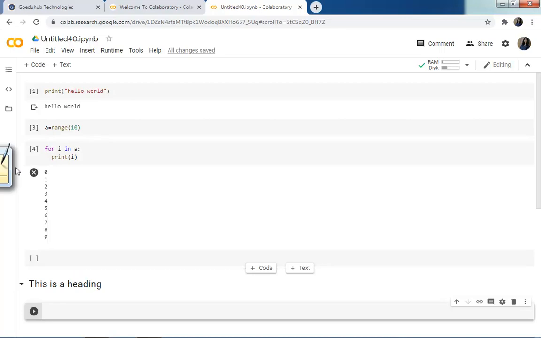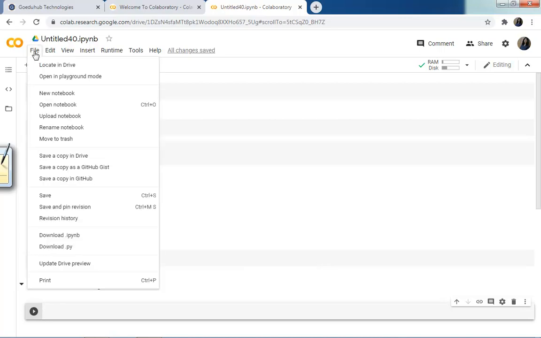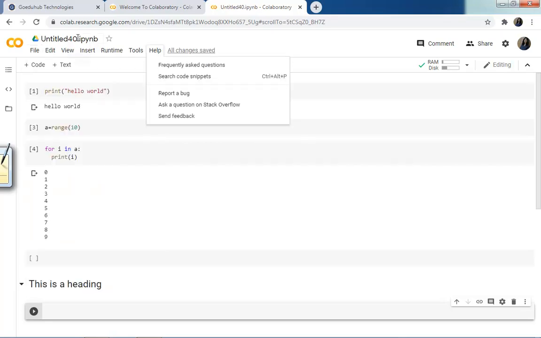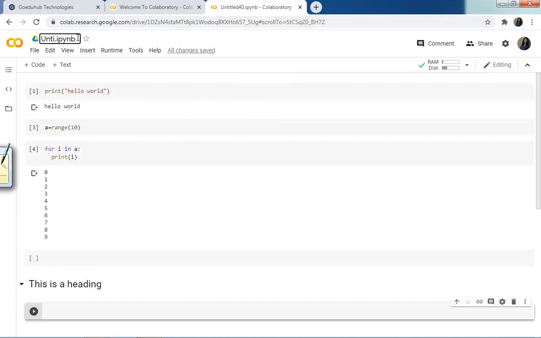And one more thing, you can download this file. If you want to download it, you can download it as IPYNB, the IPython notebook, or as a Python file, or you can save a copy in Drive. By default, it will save in your Drive. These files will be saved in your Drive, and you can give any name, like intro to Colab.